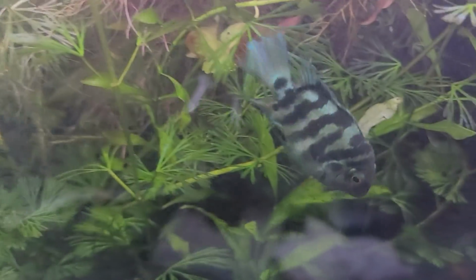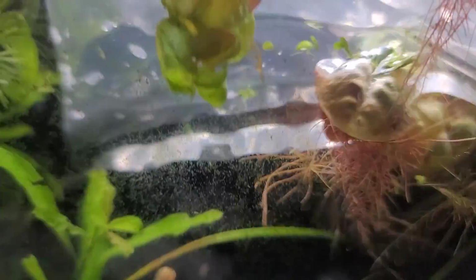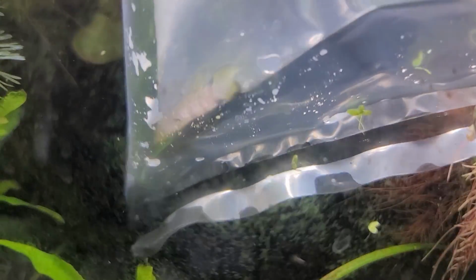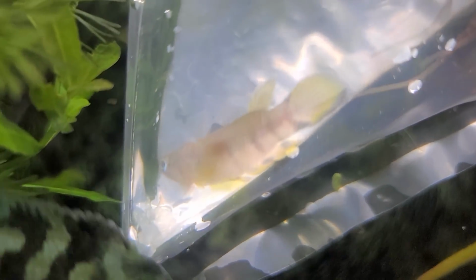Now, here's one where we're going to have to move Chunky here, because he's going to become a problem. He's pretty nippy. But we have a very peaceful fish, unless you're talking about it dealing with other Panchax killifish. But this is just a beautiful fish, and it looks like we're going to have to get a shot of it out of the bag. But this fish is one that will hang out right near the top of the water most of the time. And this is a red chin Panchax, or Epiplatus,